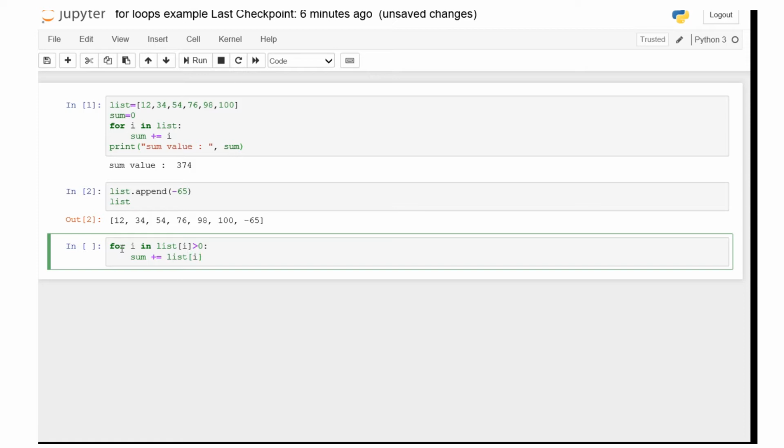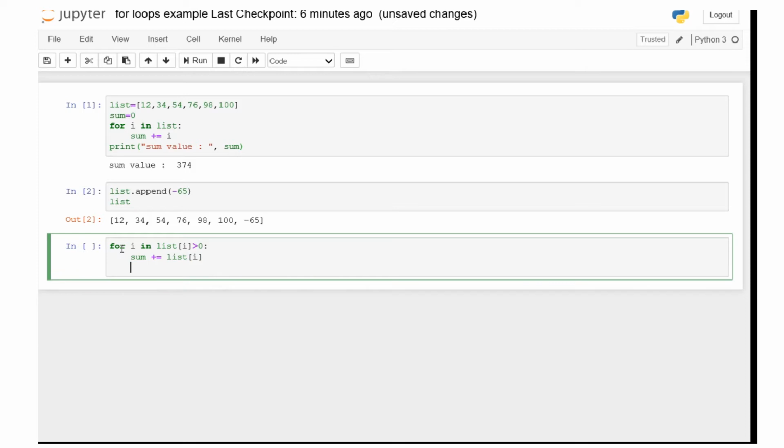Here we are trying to add all the numbers greater than 0. Let me check the sum value and see the output of this program. We are adding all the positive numbers present in the given list.